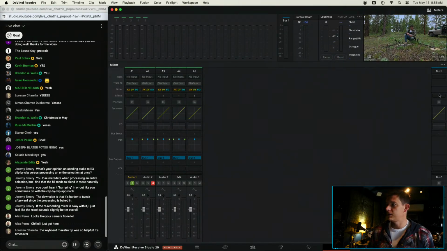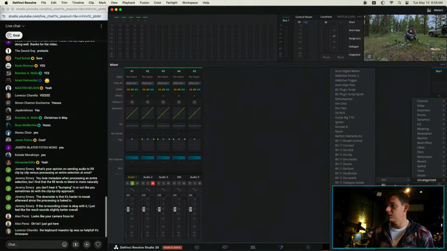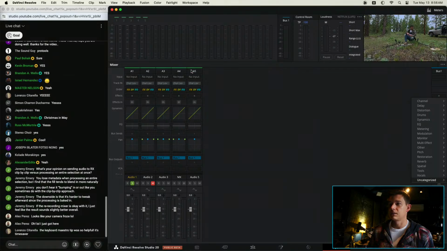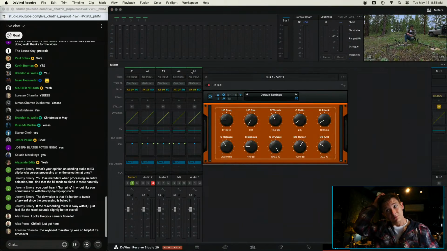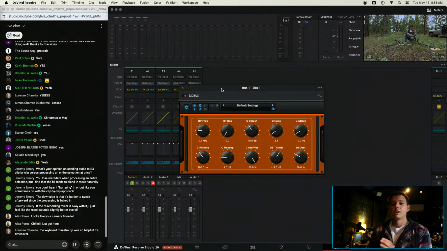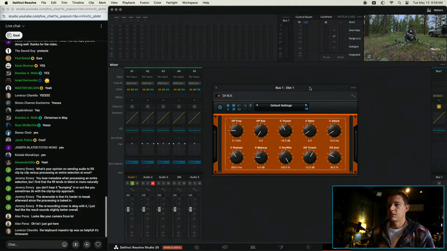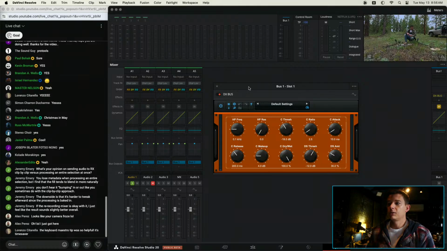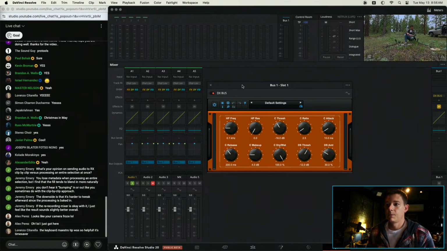Okay, so there's that. Okay, so this should work. Let's see, uncategorized, AU, DX bus. Fingers crossed it'll load. All right, this is a working prototype at this point. So what this is, when I'm mixing, even if I'm mixing in DaVinci Resolve, like these are YouTube videos, they're anywhere from 5 to 20 minutes long, and I don't like to spend too much time on plugin automation.